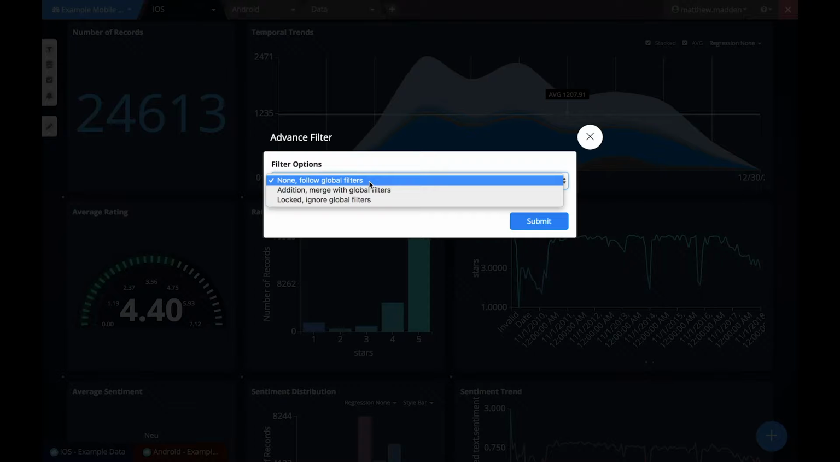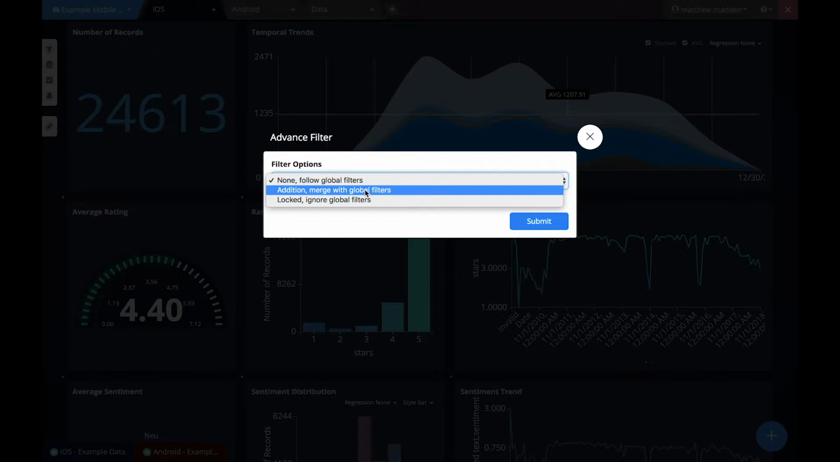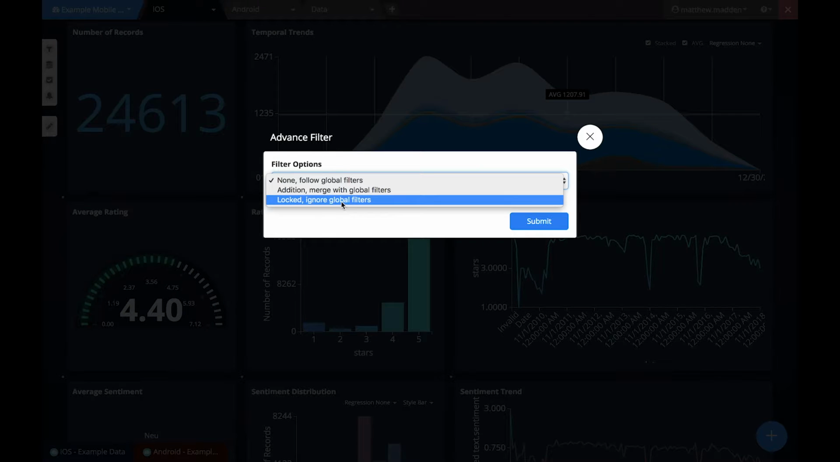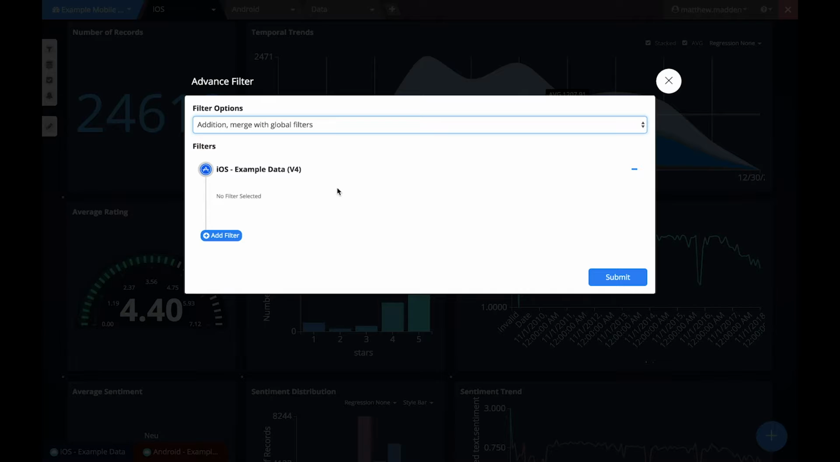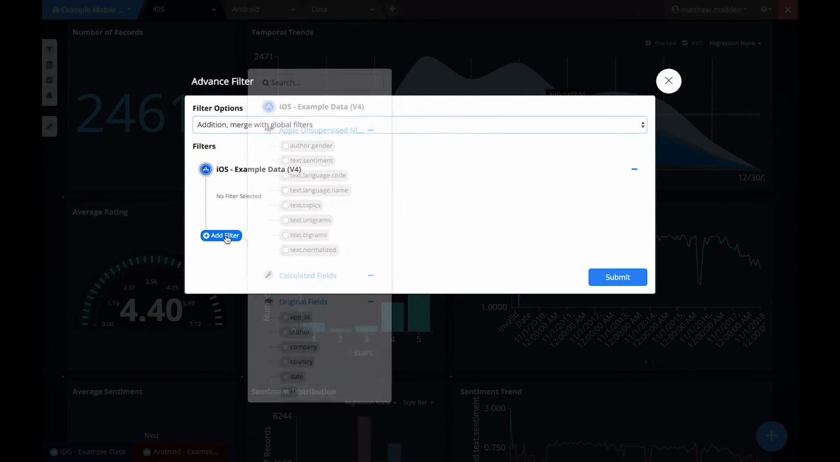From here, I'll pop open my filter options drop-down and select addition, merge with global filters. I also have the option to select locked, ignore global filters. In this case, I'll select addition, merge with global filters, and from here I'll simply click add filter, and I